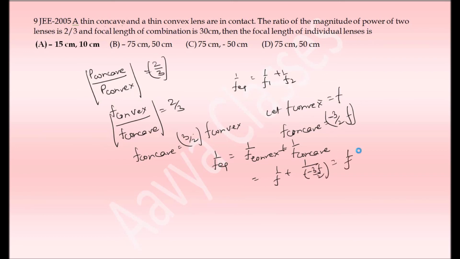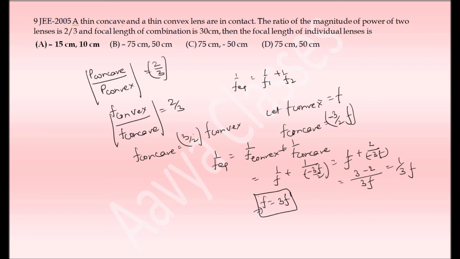From there we get 1 by f plus 2 by minus 3f. Now if we take the LCM, then it's 3 minus 2, that is 1 by 3f. So clearly the equivalent focal length is equal to 3f,